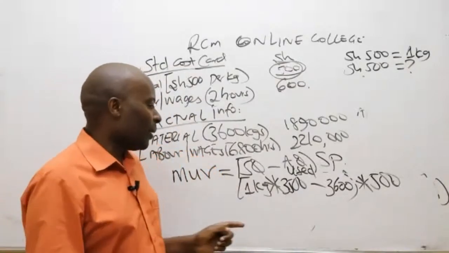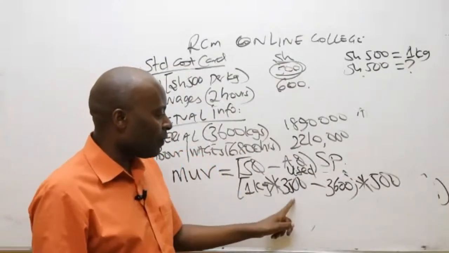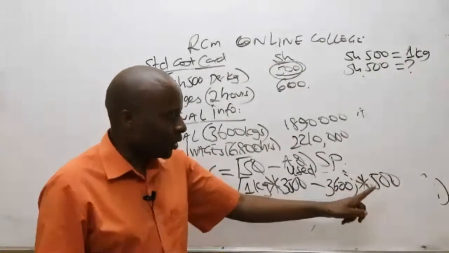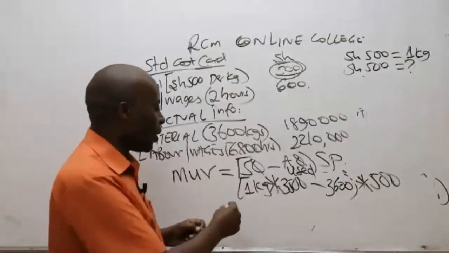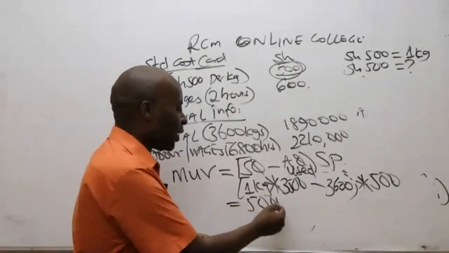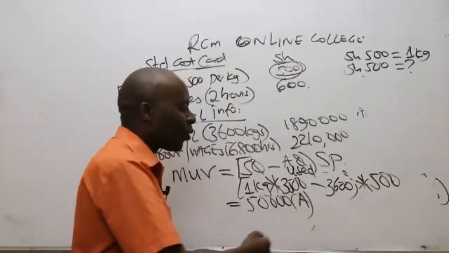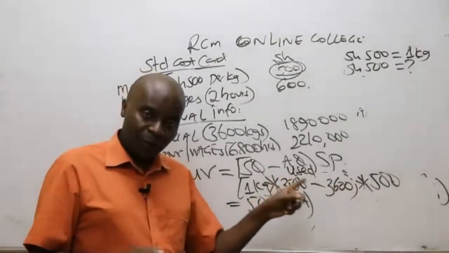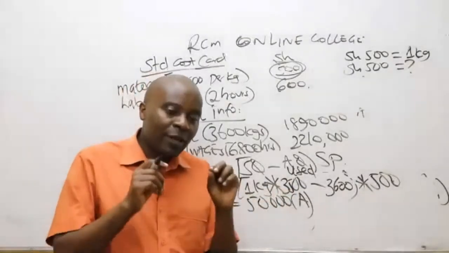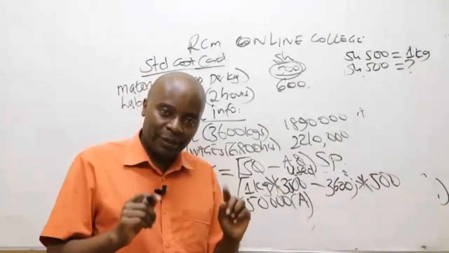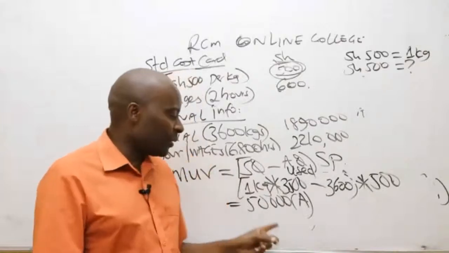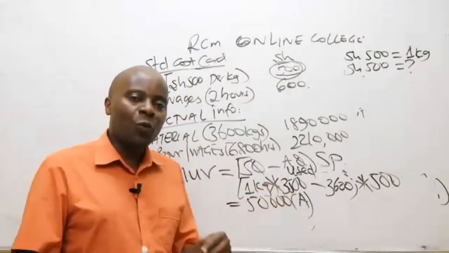So ladies and gentlemen, this is 1 times 3,500 minus 3,600 times 500. This is what made those students talk about 50,000. A for what? Adverse, because the answer we have gotten here is minus. And here automatically I have to warn you in CASNEB, I've marked for CASNEB for so long. If we get you writing minus 50,000 adverse, we give you a wrong.